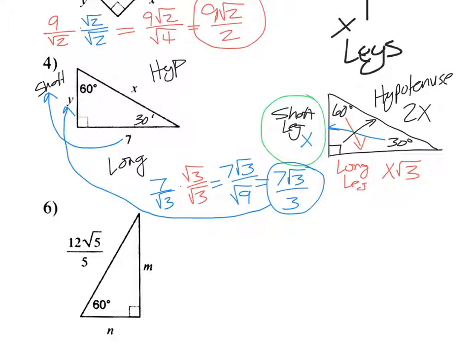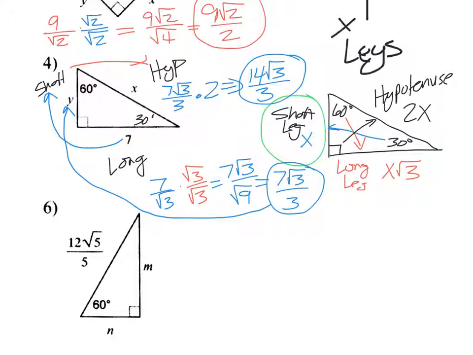Okay, now I've got to find the hypotenuse. So how do I get the hypotenuse? Always go from the short leg when you're finding something else if you can. So this time to go from short to hypotenuse, I come back over here. X to the hypotenuse, I multiply by 2. So I'm going to take this value right here and multiply that by 2. So I have 7 square root of 3 over 3, times 2, and I end up with 14 square root of 3 over 3, and that's the